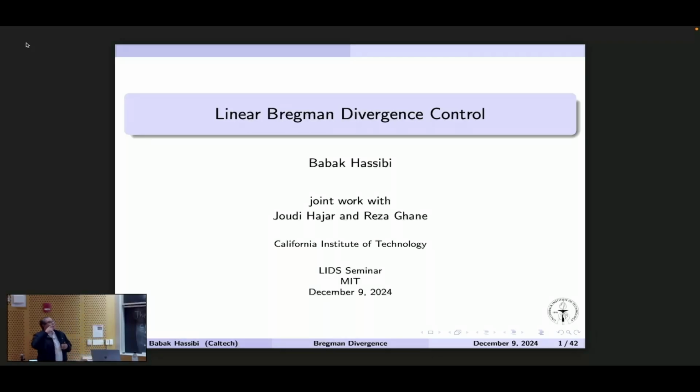The first is, this is ongoing work. I'm hoping we'll have stuff uploaded to arXiv before the year ends. It's work in control, and I figured if I want to talk about something new in control, I've never presented this work before, LIDS is a perfect place with its eminent history in control theory to do that, so I'm excited to do that.